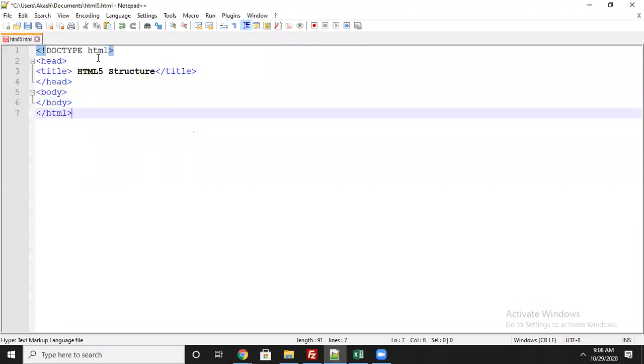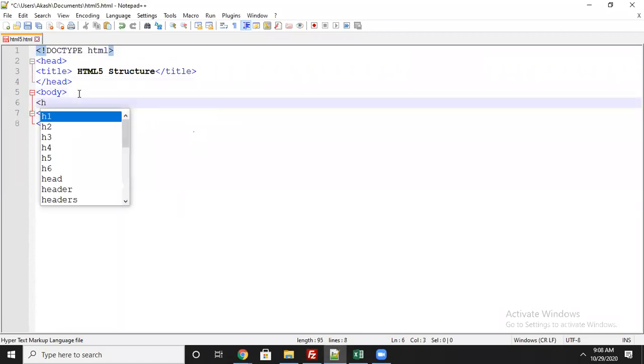Okay, in the basic structure, what was the difference? Only the doctype is different. Now I am going to add the semantic tags here. How to add the semantic tags, how to do it, I will explain that information also. Okay, let's see. Now I will come to the first one, the header tag. In HTML5 they have introduced the first semantic tag, that is the header tag.